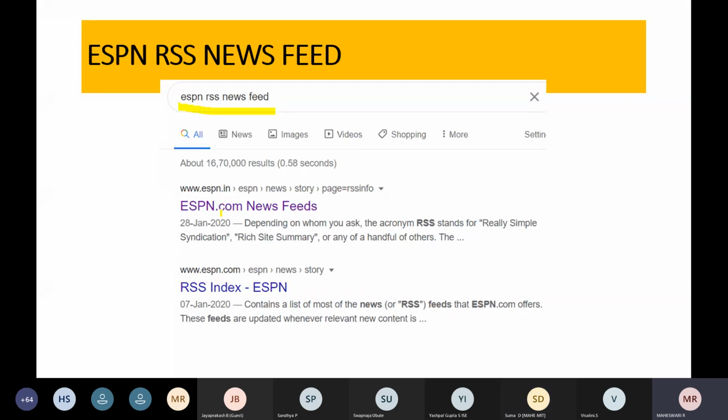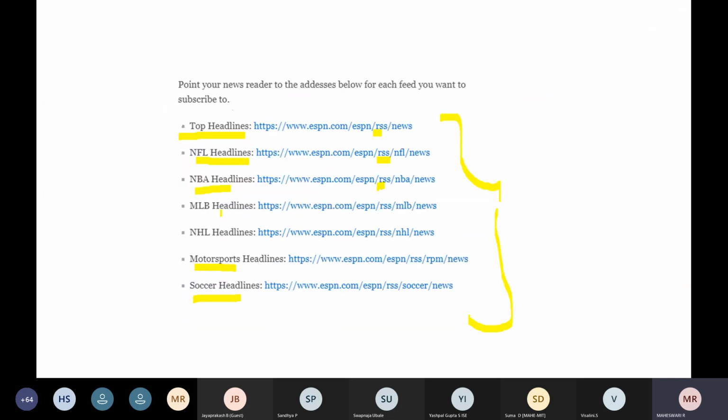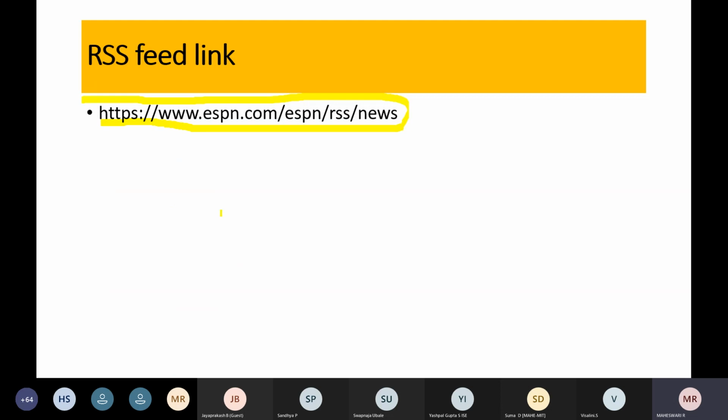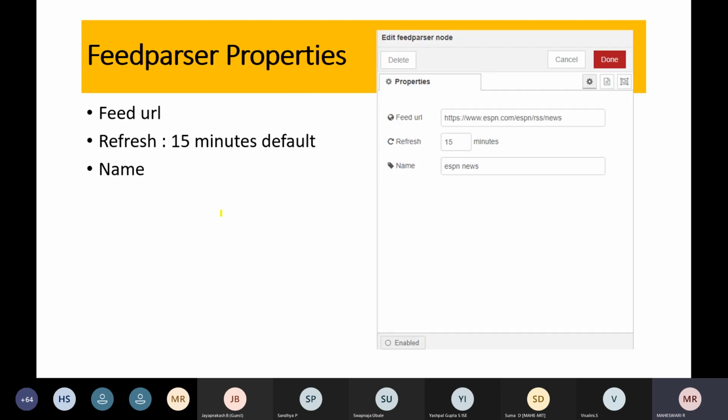You can click this ESPN news feed. Then there are various RSS verticals available for this particular news. You select whatever news you want to take. I'm taking the top headlines. You have to copy the website address of this XML file, and we are going to provide this in the feed parser node.